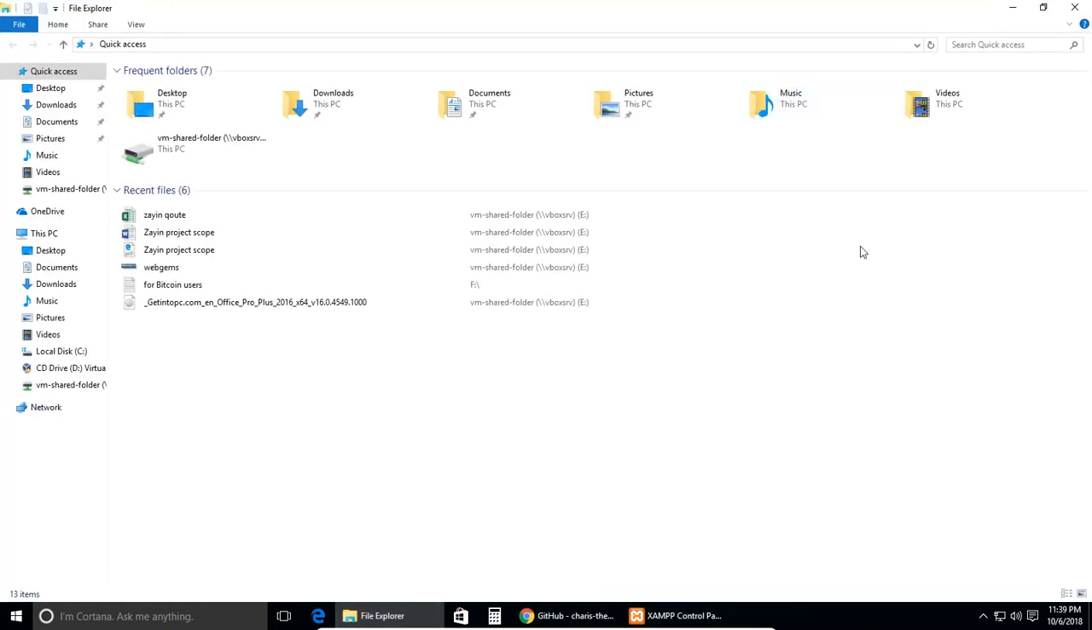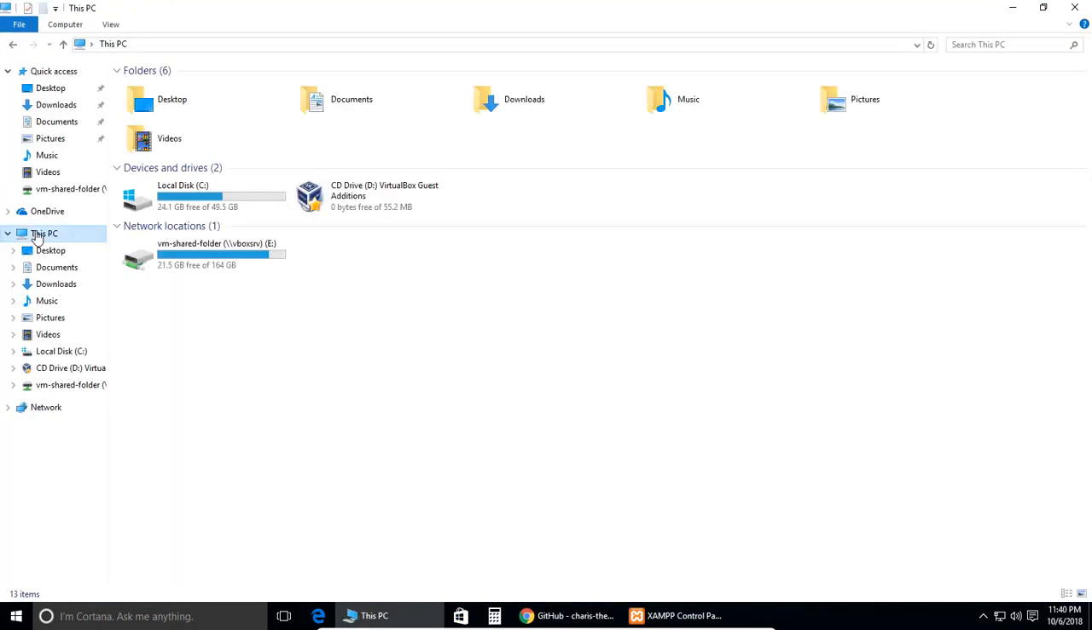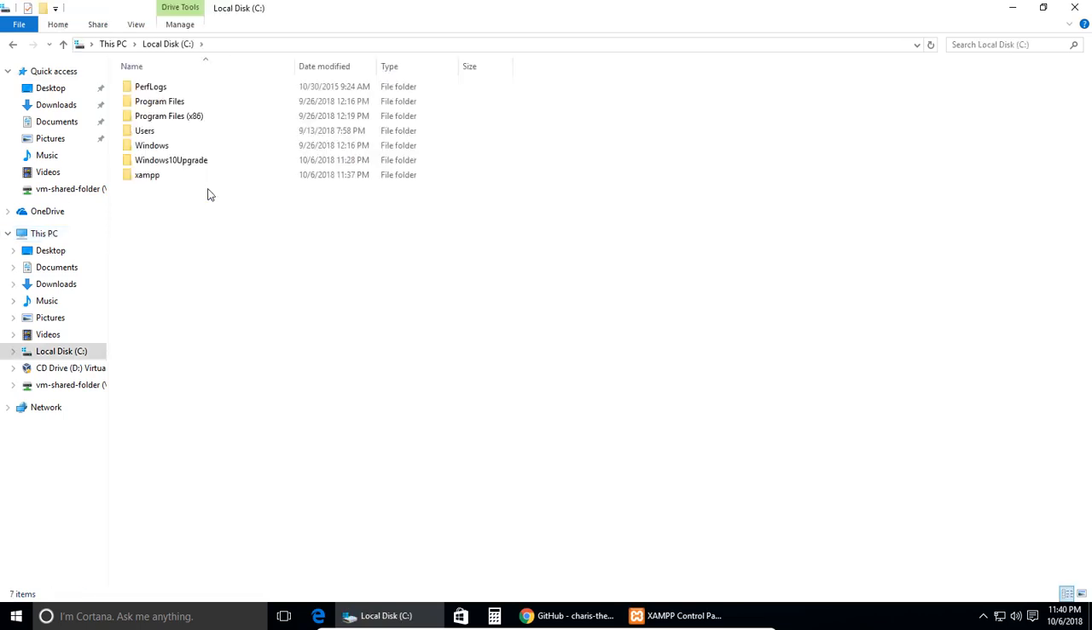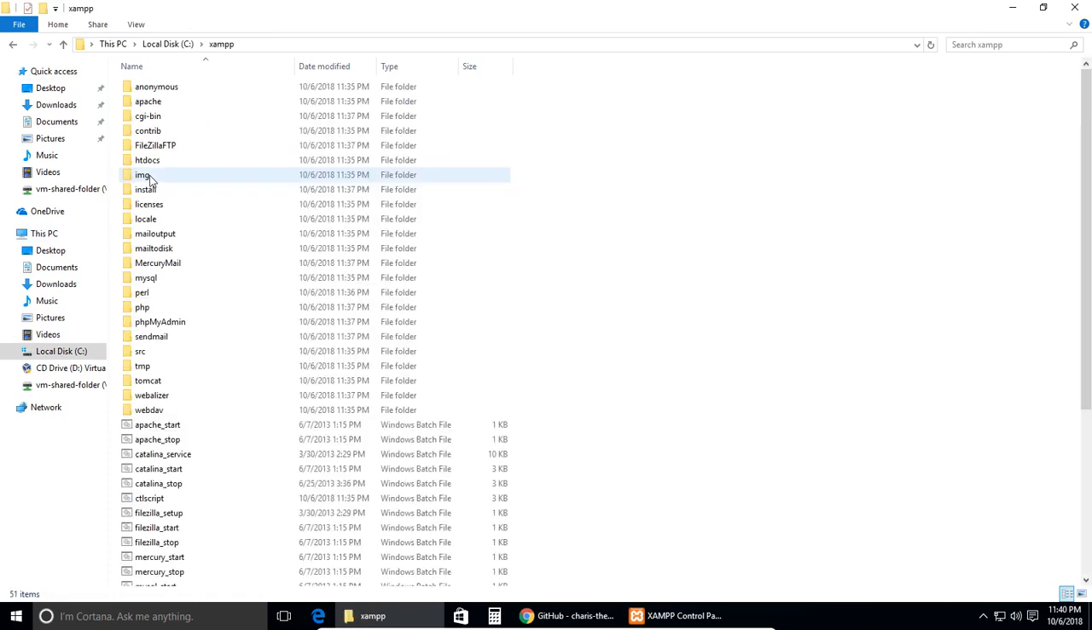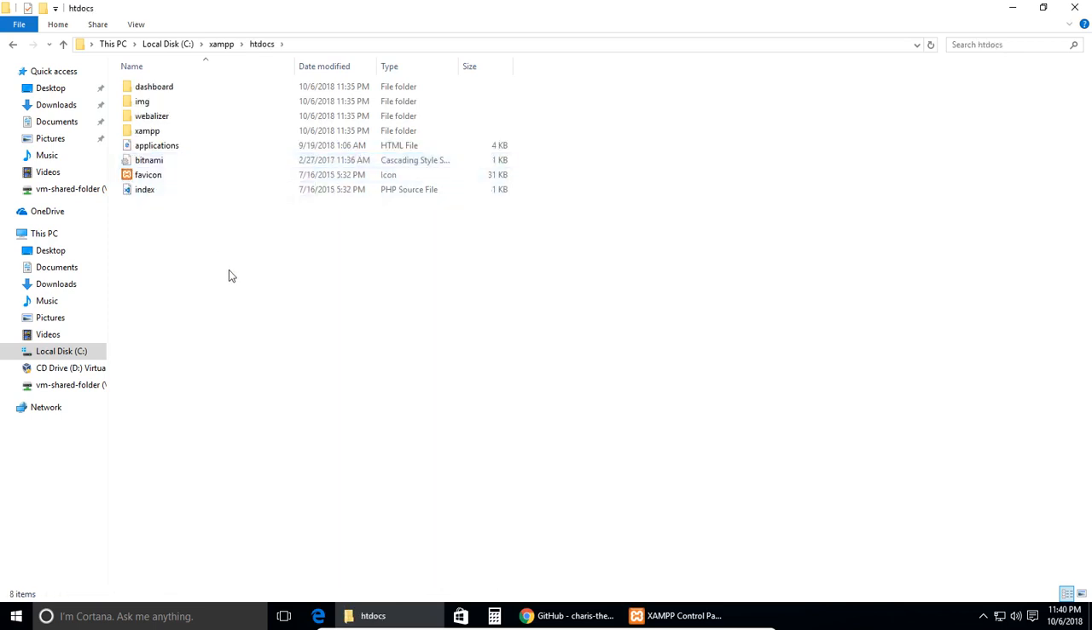Let's maximize that. And we want to go to our computer, C drive, and XAMPP. Remember the folder that we installed XAMPP into? We want to go in there, and we want to select this folder called htdocs. Right, so if you go into htdocs, and now we want to paste the folder that we had copied,